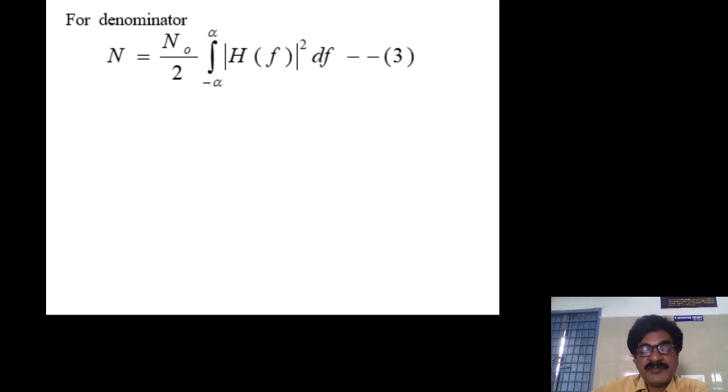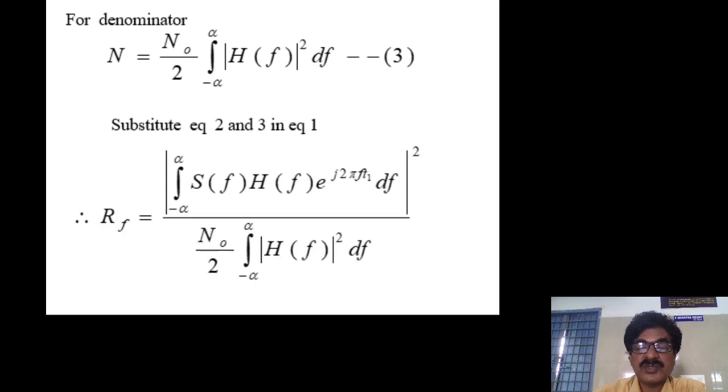Equation 2 represents the numerator and equation 3 represents the denominator. Now substitute equation 2 and 3 in equation 1, so that the R of f comes like this. Therefore R of f equals, write down the numerator, that is equation 2, and the denominator, that is equation 3. With this substitution, we are going to replace the numerator part by applying Schwarz's